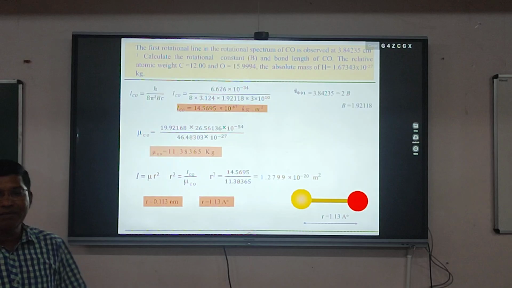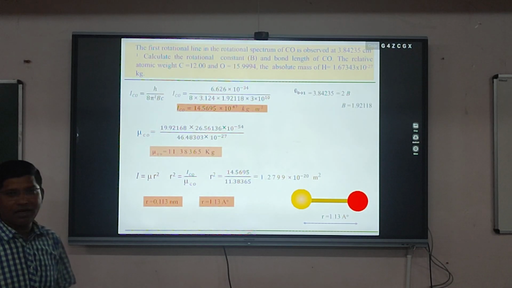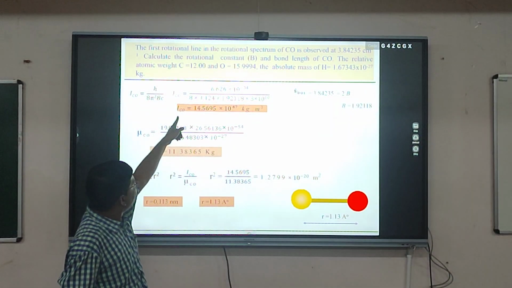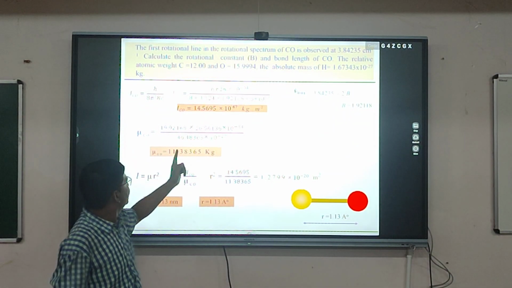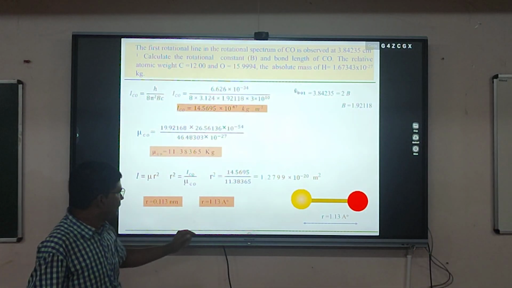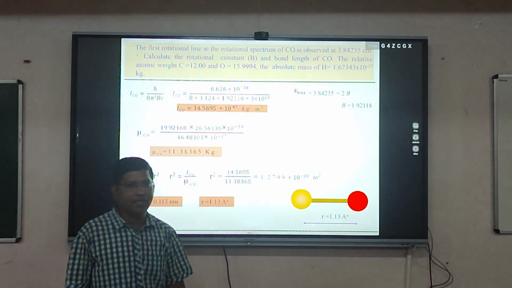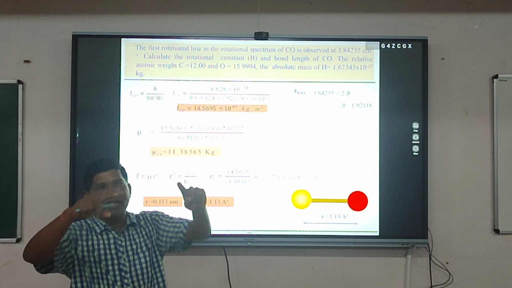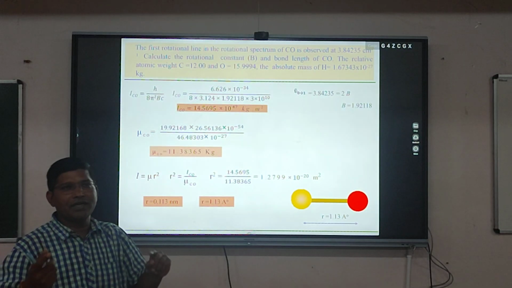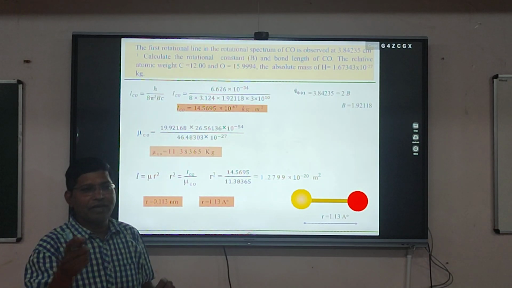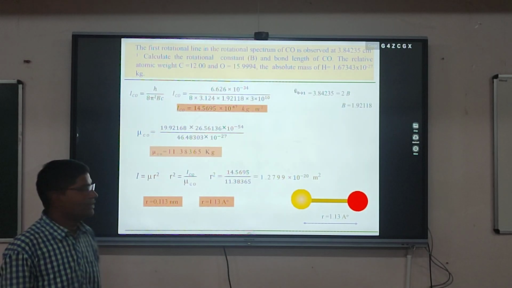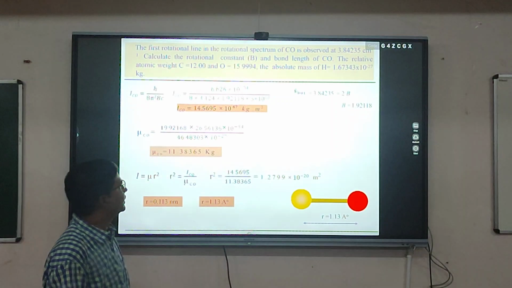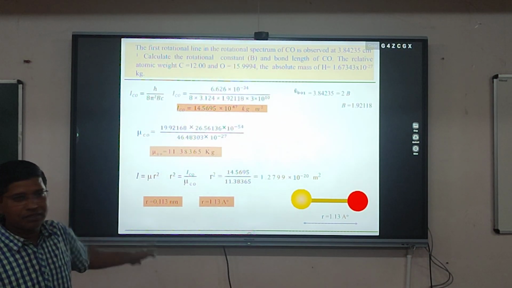So here we have learned applications of microwave or rotational spectroscopy. We can determine the moment of inertia, we can calculate the reduced mass, and we can determine the bond length. And suppose the molecule is triatomic and not linear, like water, which is V-shaped, we can also determine the angle. There is a formula to calculate the angle between two atoms in the molecule. So this is the end of this first part. Okay, thank you.